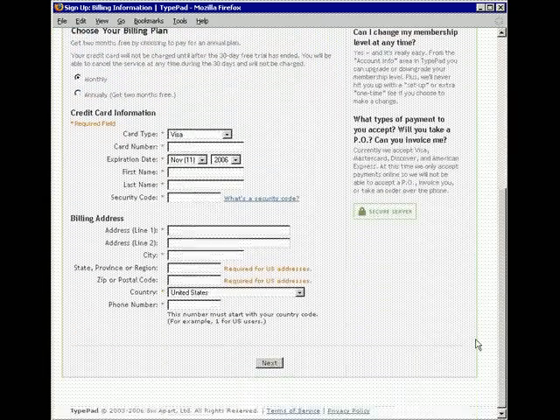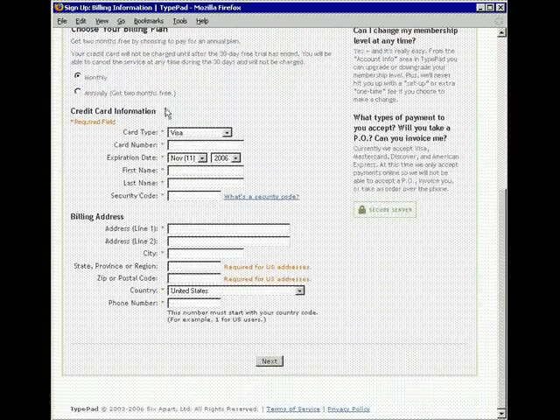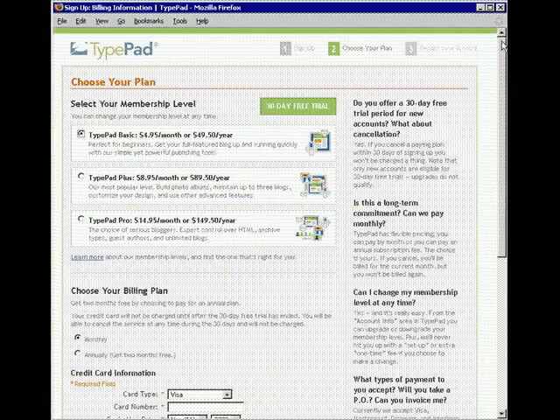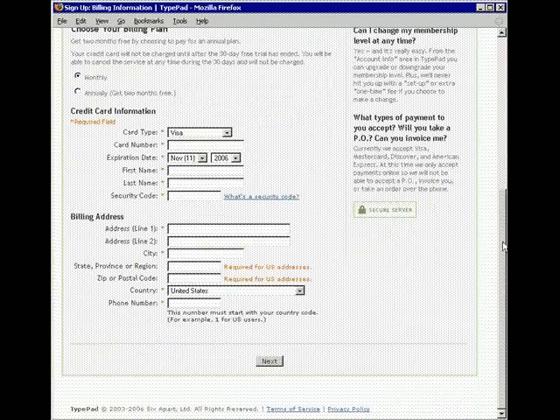You can do it month by month or annually, get 2 months free, and then you fill out all this credit card information, then click Next. Now, at that point it says, welcome to blogging, and then you get to start. Now, you know what? I already created an account, so the next step is design your weblog, and I wish I could walk you through that, but basically what's there is